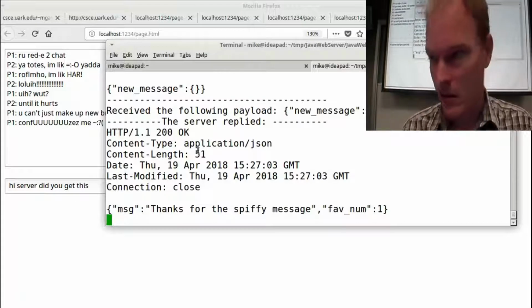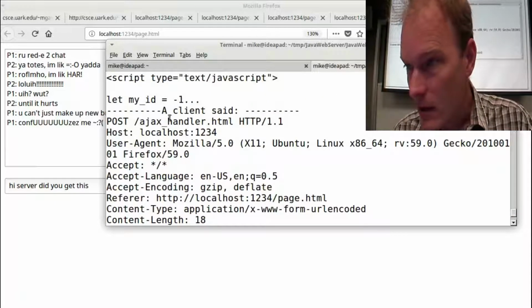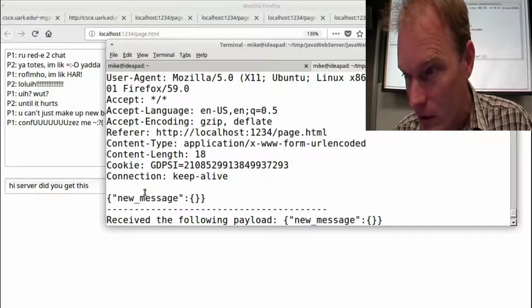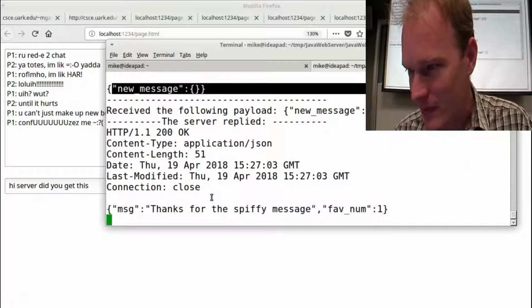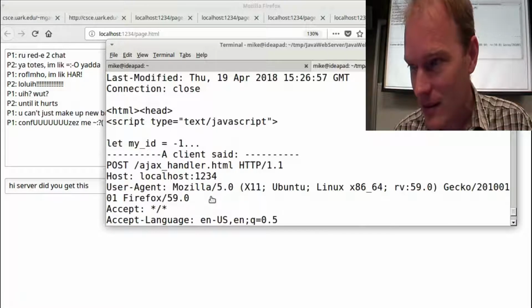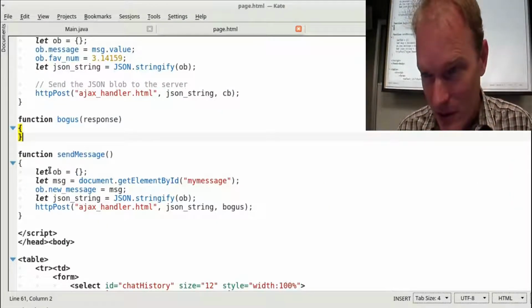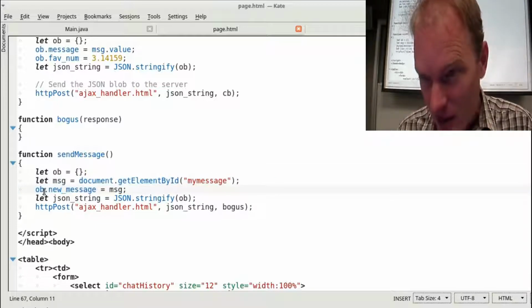Let's go look at the server logs. Client said, Ajax handler, blah, blah, blah, new message, empty string. Did I? Okay. Obj is equal to nothing, that's true. A message is get the message.